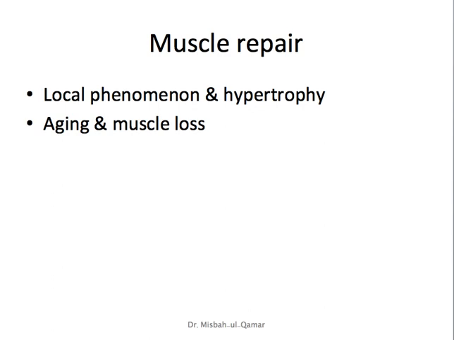You should know that muscle cells cannot divide mitotically to replace lost cells. So when a muscle is damaged, limited repair is possible, which is a local phenomenon. But with extensive injury, this limited local mechanism is not adequate to completely replace all the lost fibers, and in that case, the remaining fibers often hypertrophy to compensate.